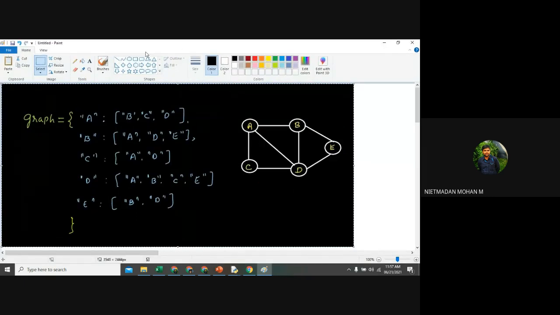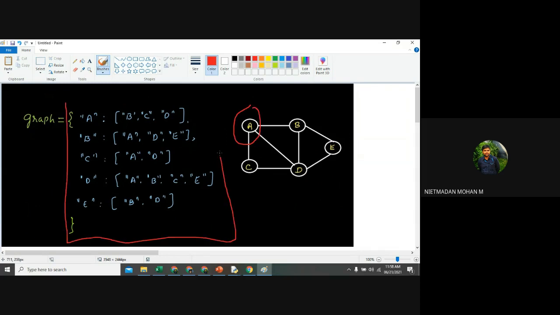So here you can see this is my node, this is my node, and in this I have created one list, a dictionary. In this dictionary, the nodes will be acting as my key, right? Yes, sir. And the traversal between the adjacency list nodes, between that node, is known as my list for that particular key. Am I right? The neighbor node of A will be the list for that particular A. Am I right? Yes, sir.